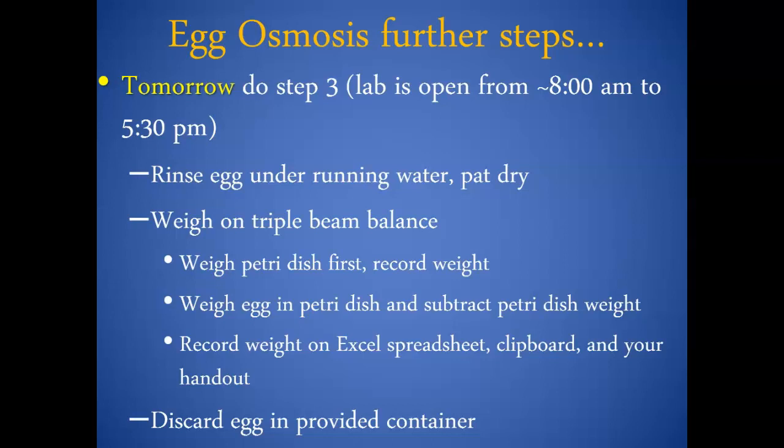We're going to wait until all the lab sections have collected data, and then we will be provided with a data set for egg osmosis. What will we do with this data set? We're going to answer the questions in the worksheet that are related to this data set. We are also going to make an average, right? We're going to make an average for the weight of the egg after being in the vinegar, for the weight of the egg after being in mystery solution A, for the weight of the egg after being in mystery solution B. We will identify which of these solutions is hypertonic, hypotonic, or isotonic,